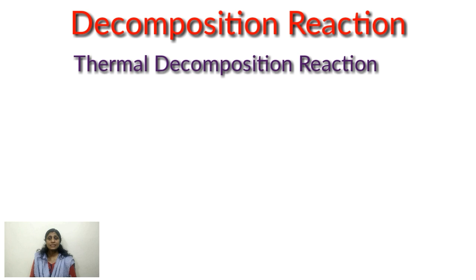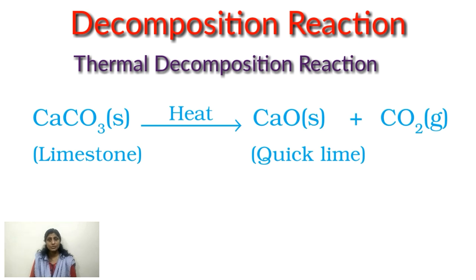In the above reaction, ferrous sulfate is converting to ferric oxide. A single substance splits up into three substances. That is decomposition. We can say that thermal decomposition because it is carried out by heating. Second example, when calcium carbonate is heated, it decomposes to give calcium oxide and carbon dioxide. Equation: CaCO3 solid heats, you get calcium oxide CaO, that is quicklime, plus carbon dioxide gas. Calcium carbonate is known as limestone.